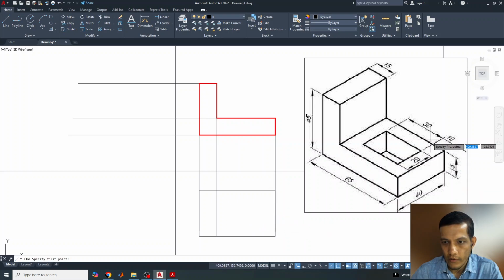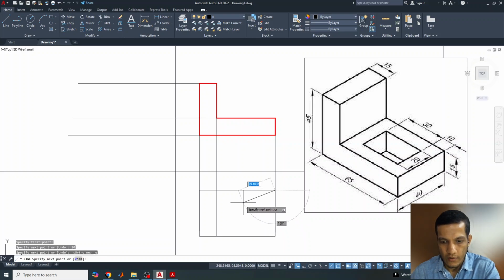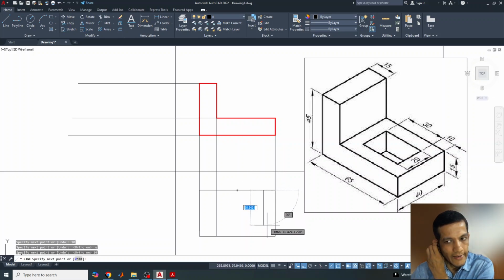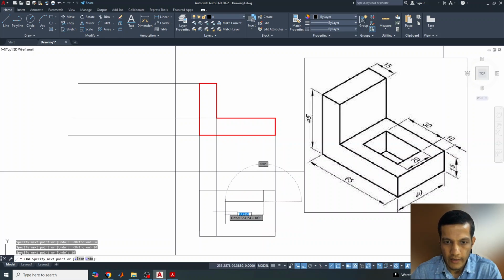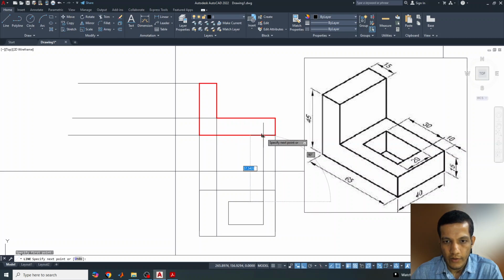So that hole, what is the distance there? 30 by 20 with a gap of 10. So here it is 10, and this side 10 mm, then again there is a gap of 10. Now this side is 30, again this side 20, again it will be 30, again just 20 will be there. So this is the hole. Now here again we just need to draw a line from here to here, because the hole